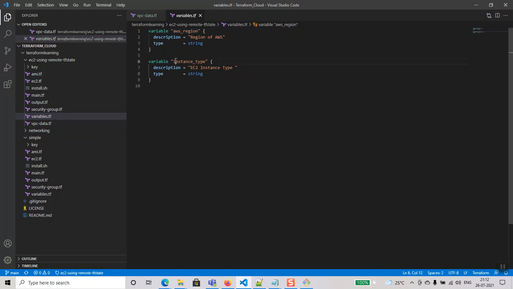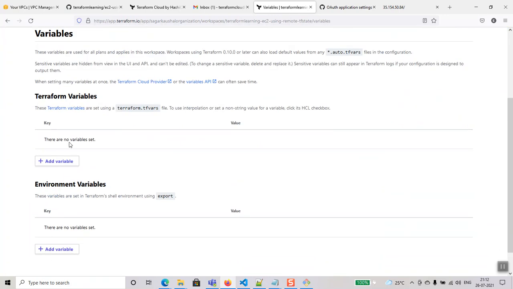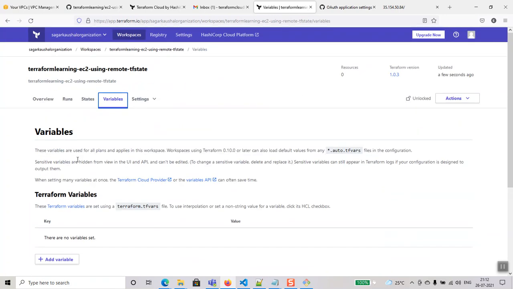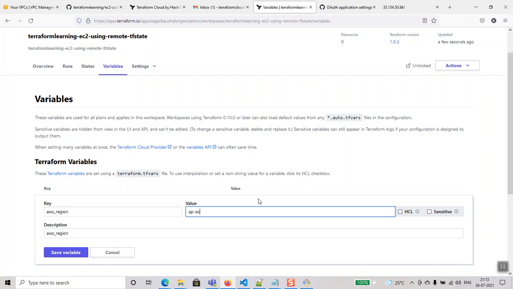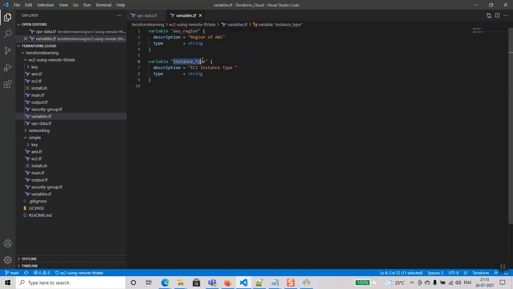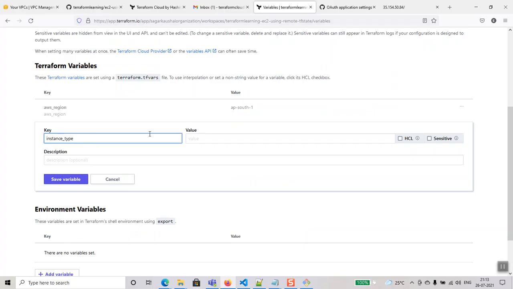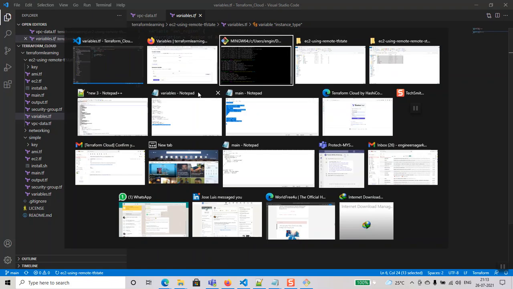AWS region and instance type. Only two variables I have to define in this repository, or you can say workspace. I'm going to add a variable, I'm going to call it ap-south-1. Save variables, add variable, t2.micro. Save variable, and again I'm going to give environment variables,